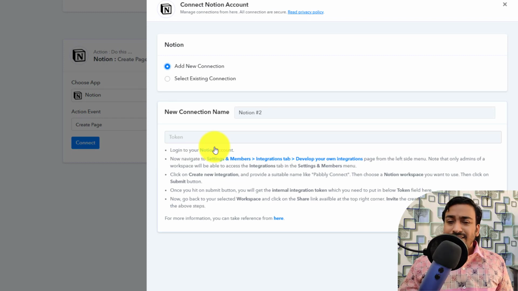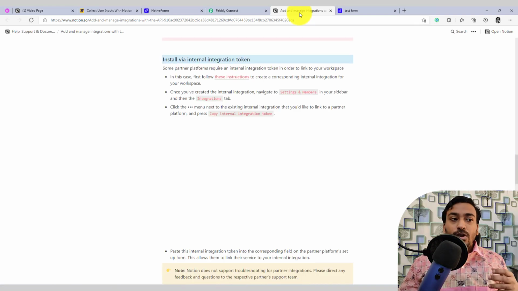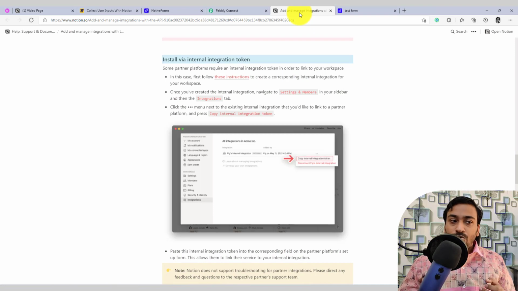You can see it is a clearly laid out step-by-step instruction. You need to do this just one time for it to work, and if you are unable to understand these instructions, you can click on this link where they have created a much more in-depth guide with screenshots to help you get a better idea on how to set it up.